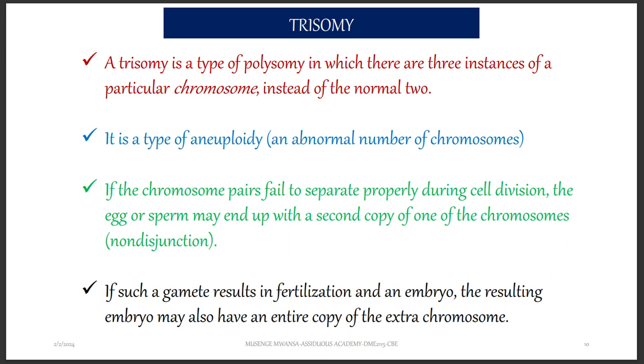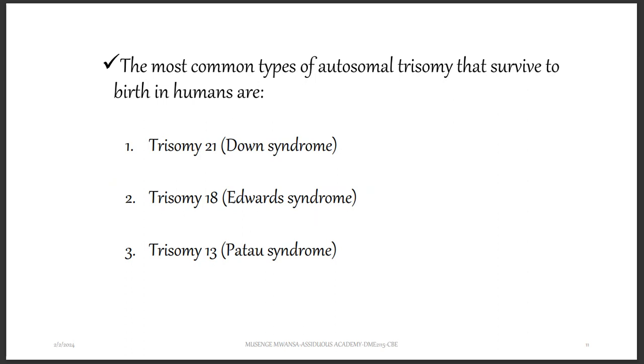But in case they fail to divide, meaning that both chromosomes will go in the same cell, and that cell forms a sperm, and that sperm goes and fertilizes an ovum which has got one chromosome, you are going to end up with three chromosomes, and that is a trisomy. The most common types of trisomies that survive up to birth are trisomy 21, which is Down syndrome,